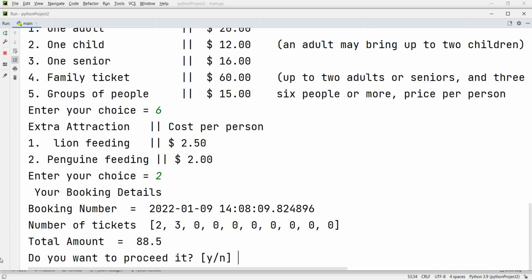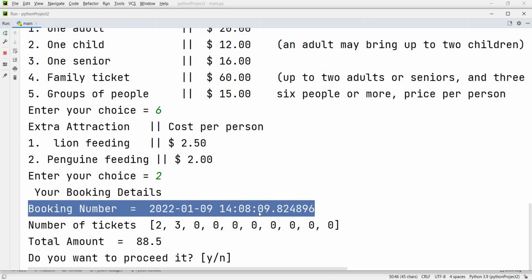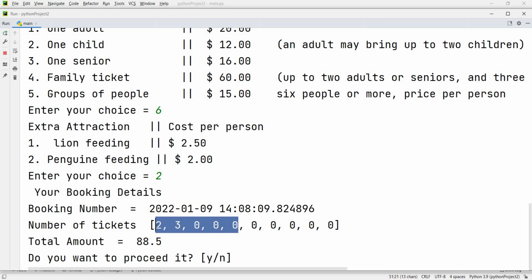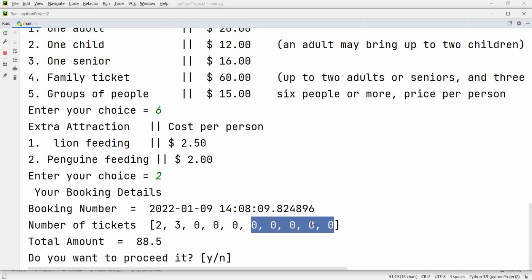Now they are showing me your booking detail. What is your booking detail? This is booking number. They are showing me date and time. Number of tickets: how many? 2 for the adults, 3 for children, total 5 persons. The first 5 options are for day 1, and these 5 options are for day 2.